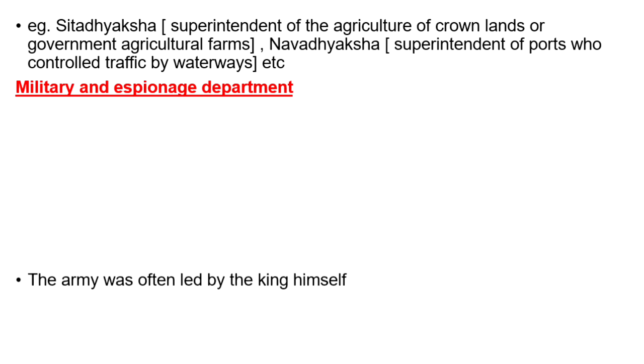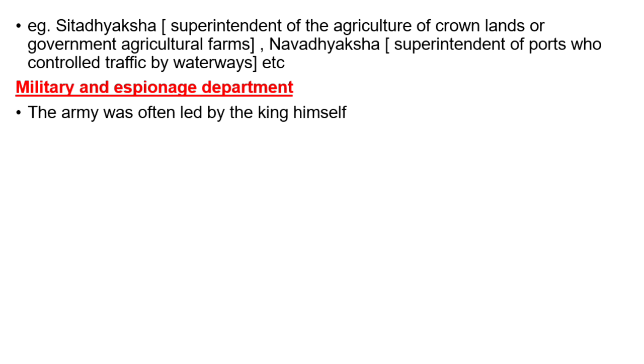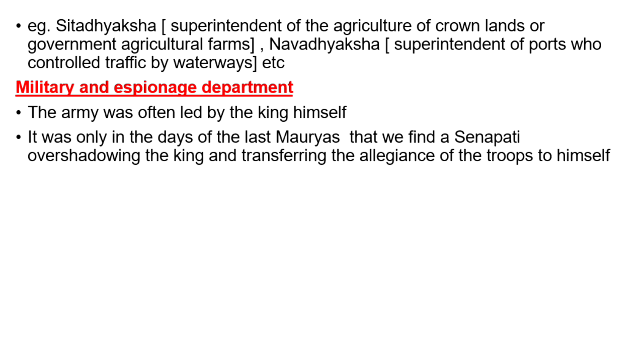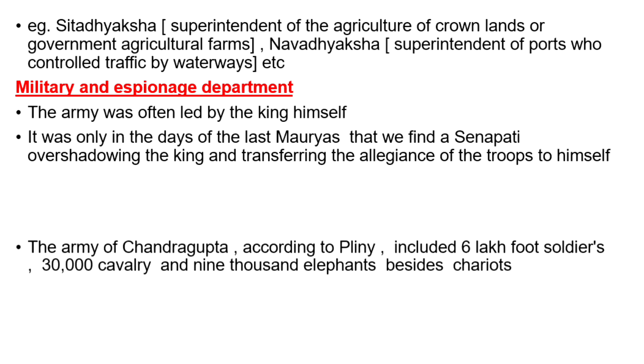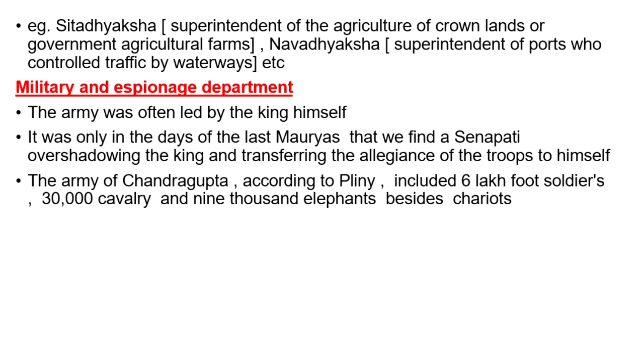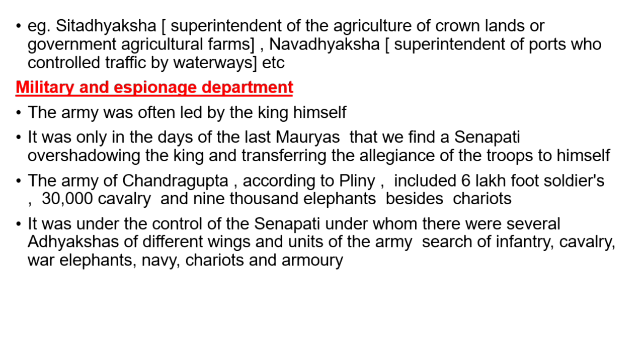Military and espionage department. The army was often led by the king himself. It was only in the days of the last Mauryas that we find a Senapati overshadowing the king and transferring the allegiance of the troops to himself. The army of Chandragupta, according to Pliny, included 6 lakh foot soldiers, 30,000 cavalry and 9,000 elephants besides chariots. It was under the control of the Senapati, under whom there were several Adhyakshas of different wings and units of the army,